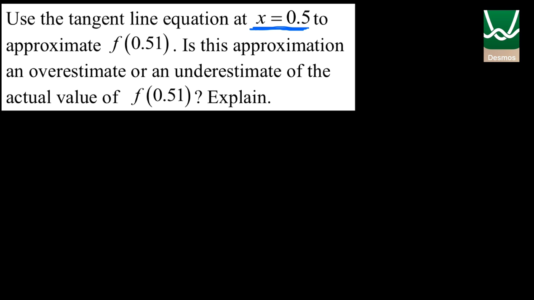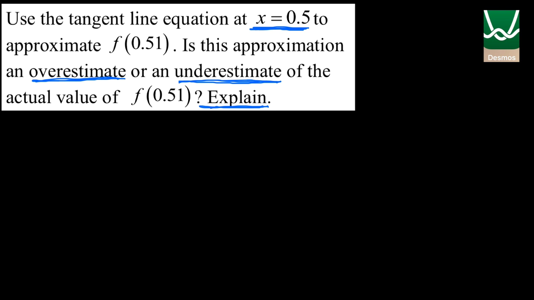And we're going to use that tangent line to approximate f of 0.51. And then we're going to take a look at the approximation and determine if it is an overestimate or an underestimate,